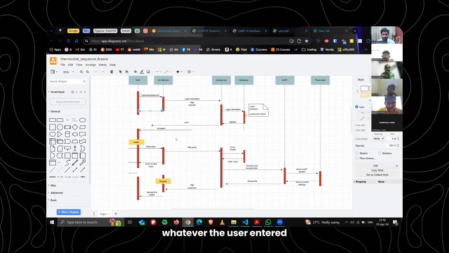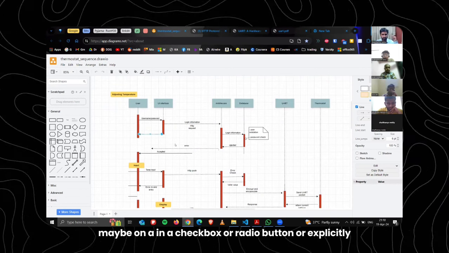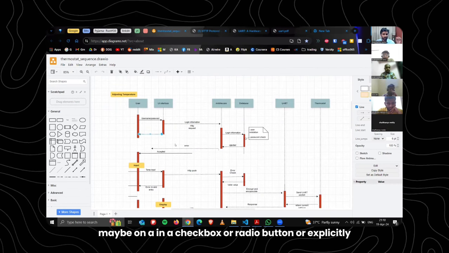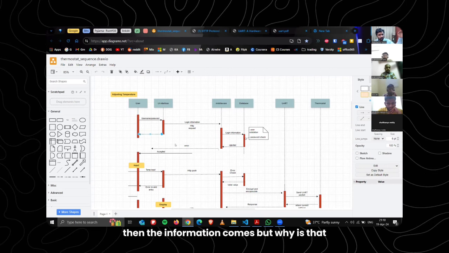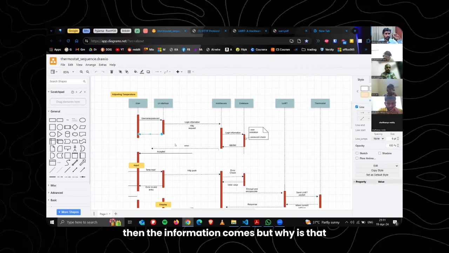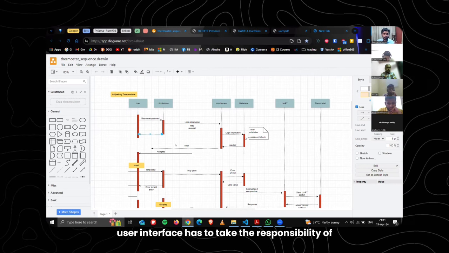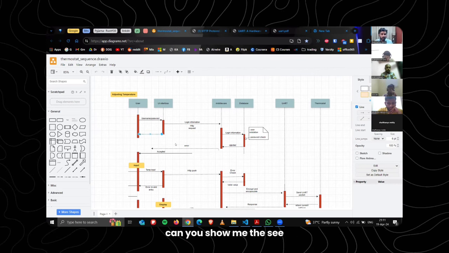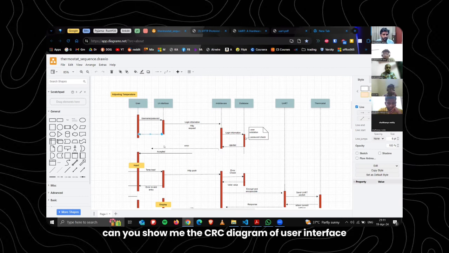Whatever the user entered, maybe in a checkbox or radio button, or explicitly typed something and said submit, then the information comes. But why does the user interface have to take the responsibility of creating an HTTP request? Everything is now a class or struct, right? Can you show me the CRC diagram of the user interface?